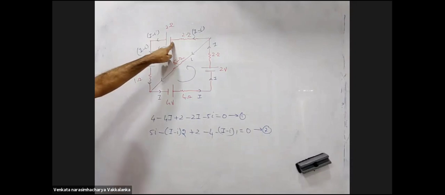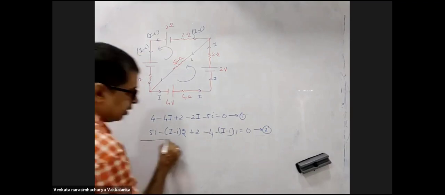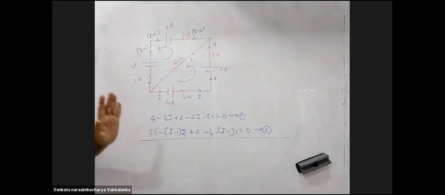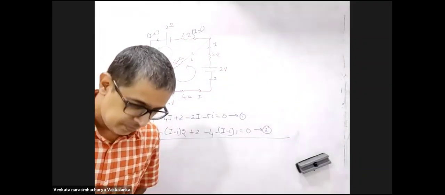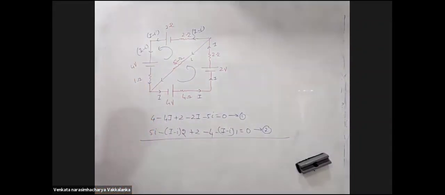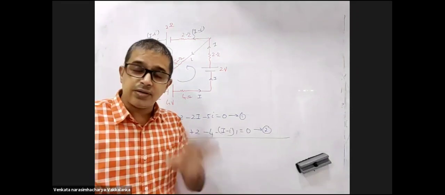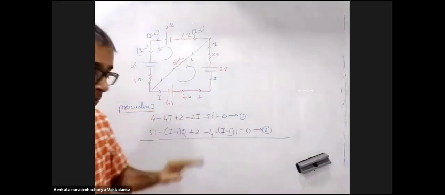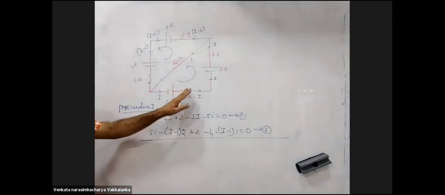You are touching the negative terminal first, plus 2, minus 4, minus of I minus i into 1 is equal to 0. Two equations, two variables, your job will be done. The most orthodox way of solving. Procedure 1. Is it clear to all? Yes, sir. This needs practice. It's not about learning. So keep practicing it once in a while. Any arbitrary circuit you see, keep applying Kirchhoff's law. Take it down till here.